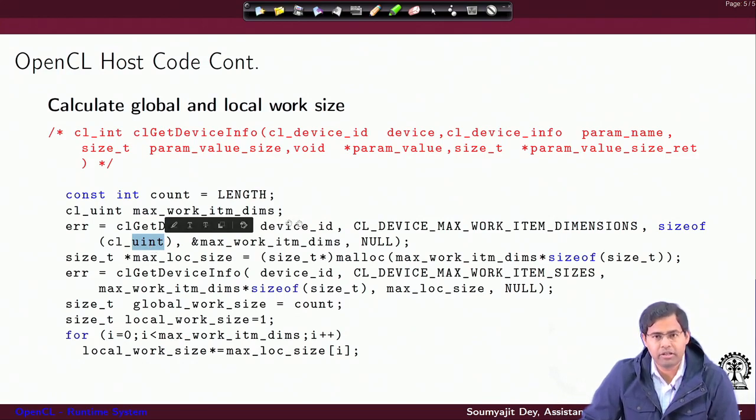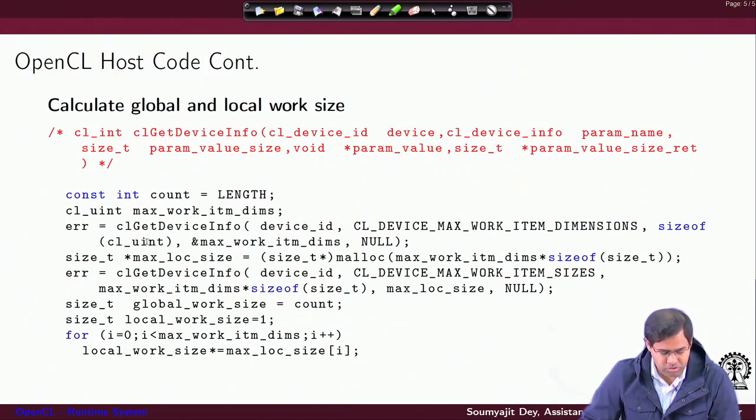So, here you are calculating that size by the sizeof operation in C, and that gives you a value of type size_t, and that is something you are passing here because you want the parameter value size to be known, in what form the function will give you back the parameter value, because that is also something that may be device specific.